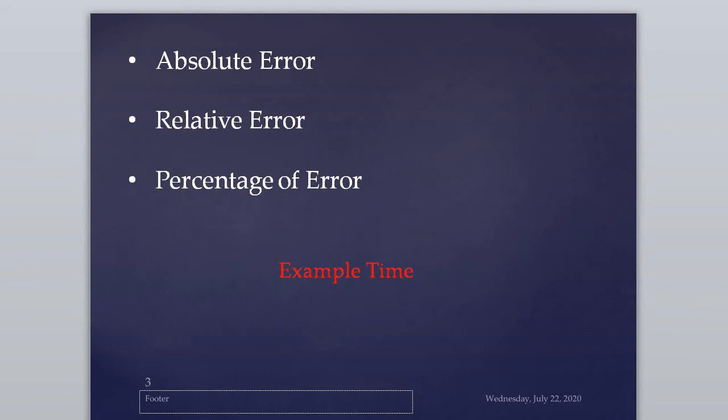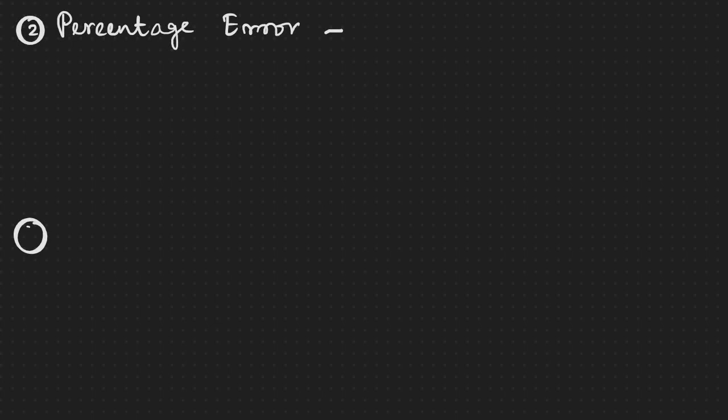Okay, so the thing is, when you are studying this, you must not be confused. Whatever I am telling, please try to note it down so that whenever necessary you can refer to that. Next, we will go to percentage of error. Now, before going to percentage of error, we need to know what the relative error is.